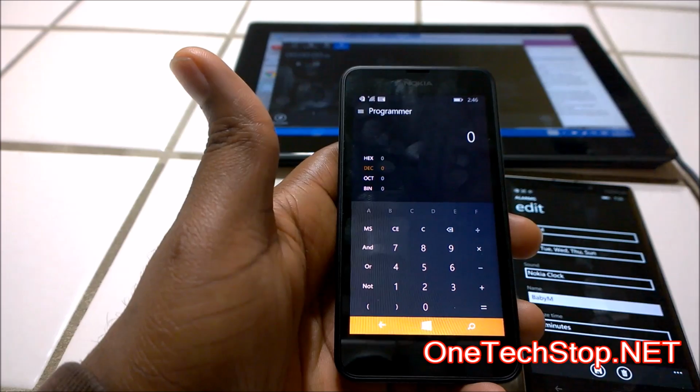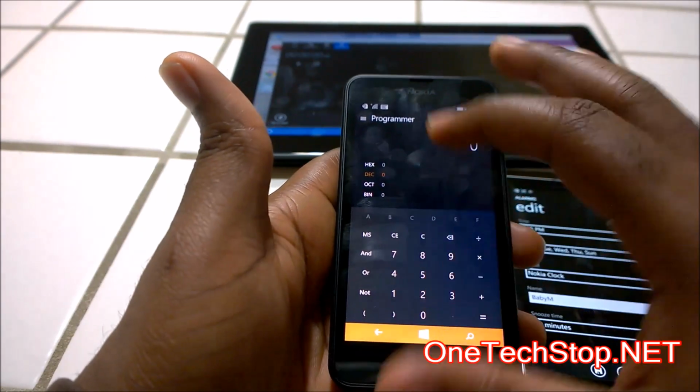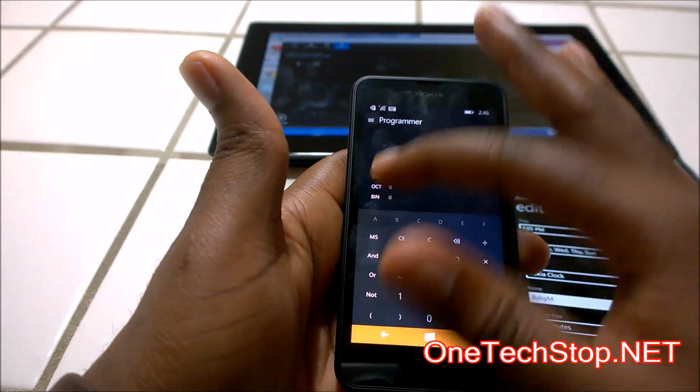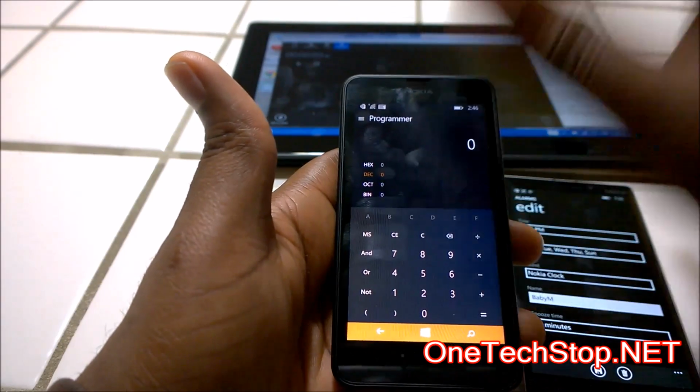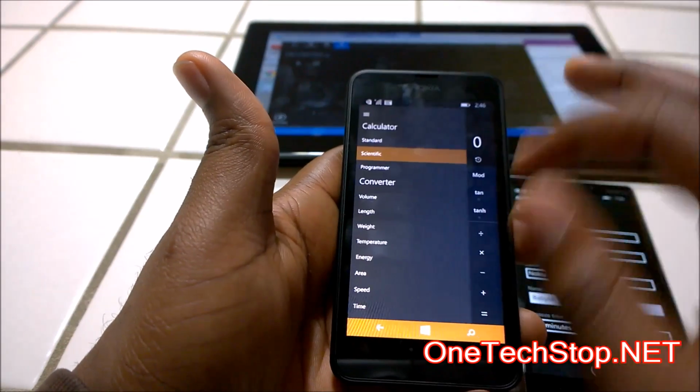So if you remember, Gable had a tease where he gave us a number in decimal and we had to convert it to, whatever programming stuff. Not really into that, but yeah, you have a scientific calculator here. So it's really